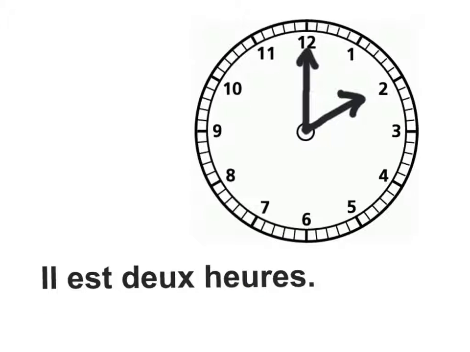Now, you may have heard a little sound that you don't normally hear after the word for two, deux, and that is you heard a little Z sound. And what you're hearing here is called a liaison, and it's the sound of the X carrying over into the vowel sound of the next word. Heure, we don't pronounce the H, but you hear the Z because heure is a vowel sound. So, il est 2 heures, right?